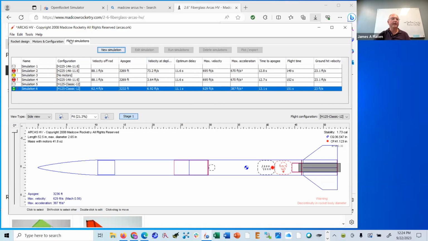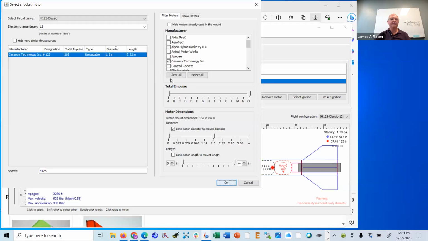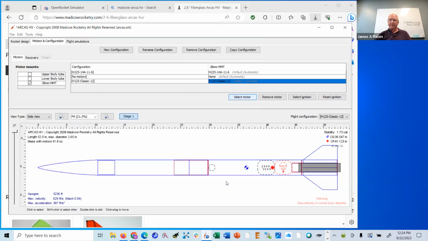Just for fun, perhaps do not do this at home, or maybe do not do this with a real rocket. I'm going to put a really serious thrusting motor inside of this rocket. Let me go to select motor, and let me try, I think there is such a thing as an H440. H400, there it is. This is called a Vmax motor. So if I choose a Vmax motor,